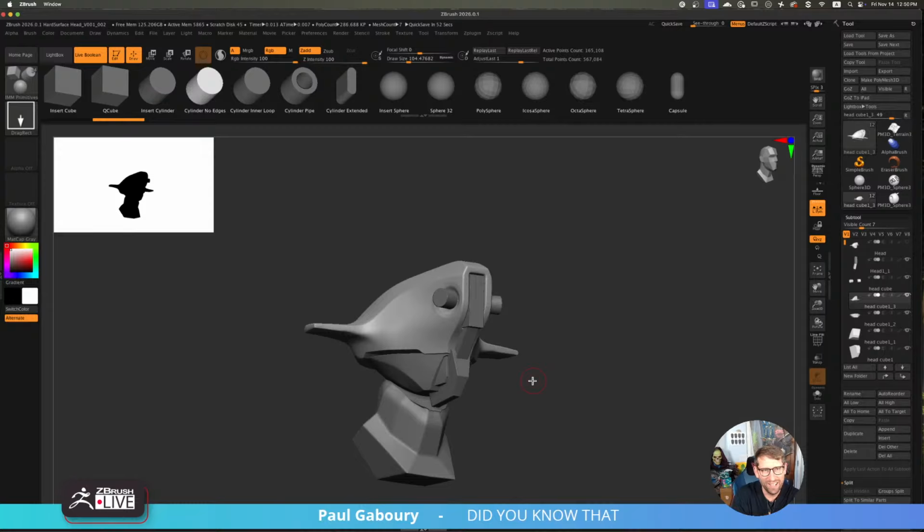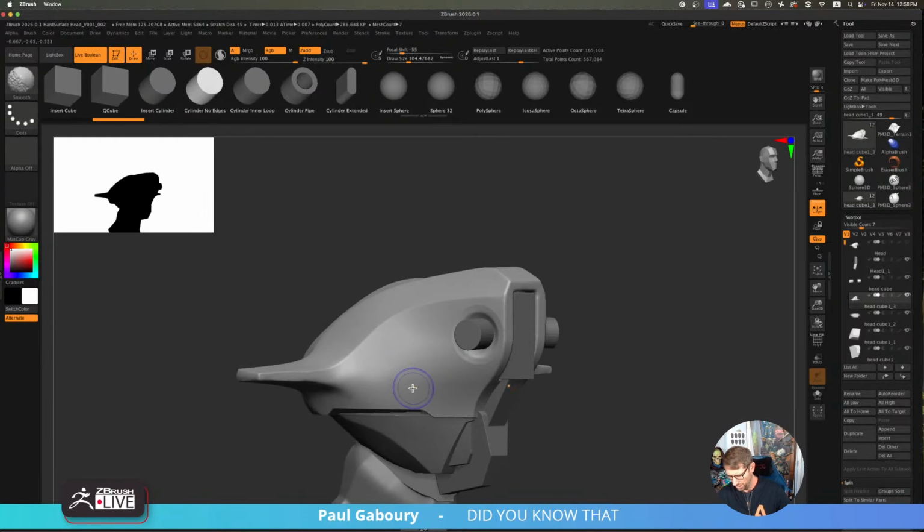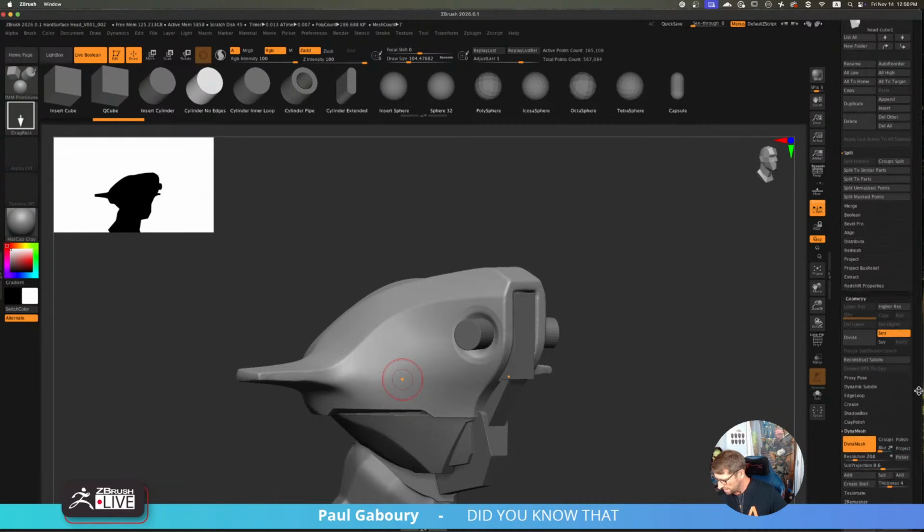Hold on. Speaking of smooth, very curved surface, would be very nice to have a brush that can auto polish curved hard surface defined by mask area and interpolate set of profile curves. You can do that already, from what you're asking. So you're talking like this, where I've kind of gotten this and you kind of want to polish it in a way. So obviously polygrouping is going to help with that a lot. But there's a couple things that I could throw at this.